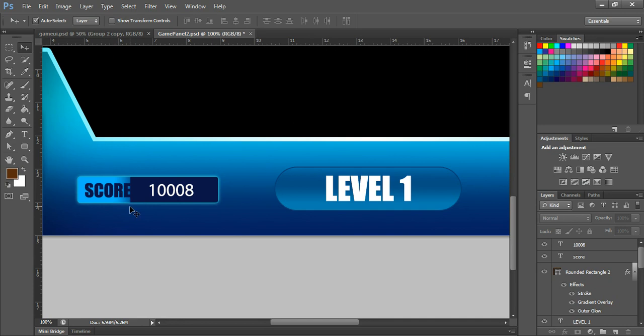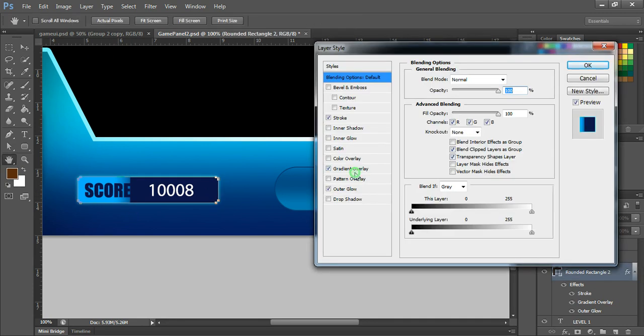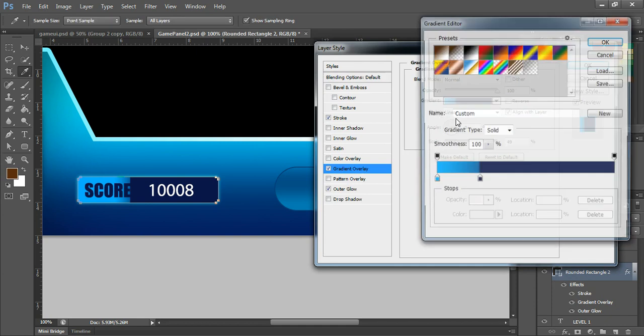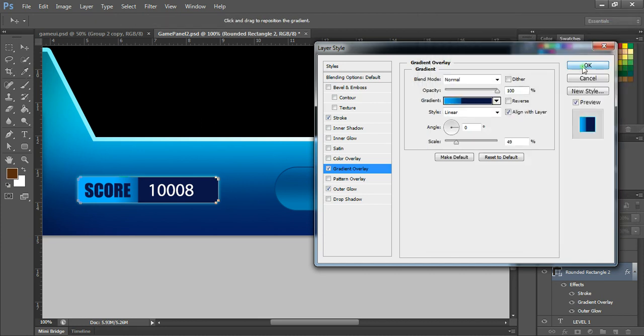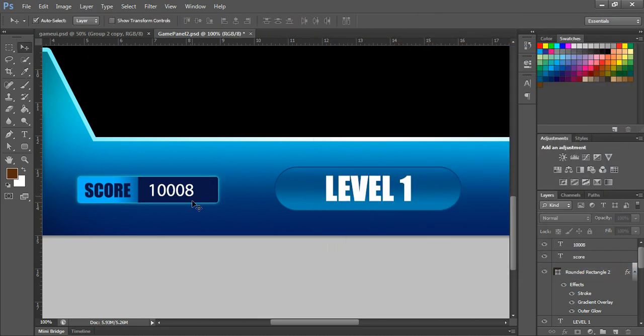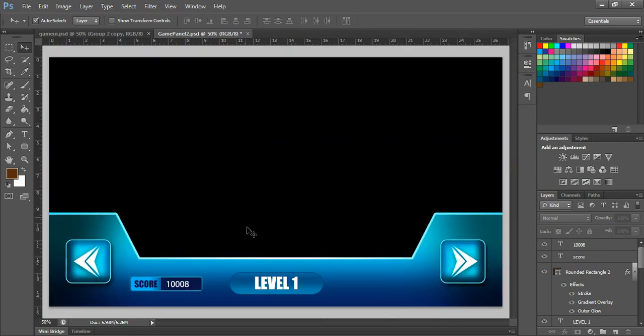So we'll adjust the gradient again. This is okay. Hit okay. I think this is fine. So we have our score element here,